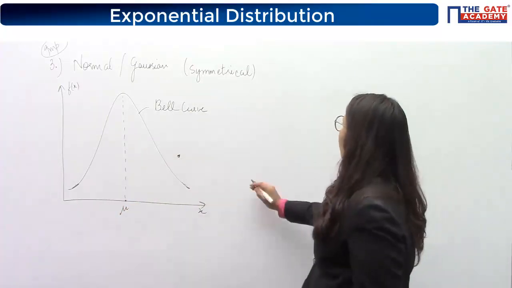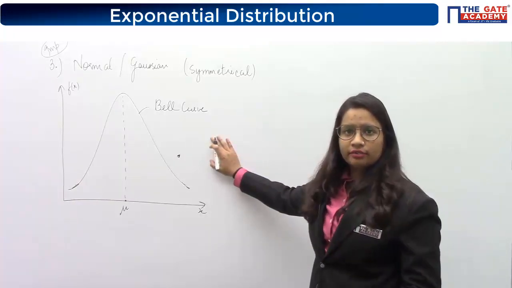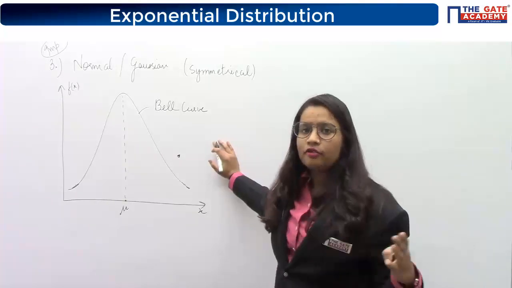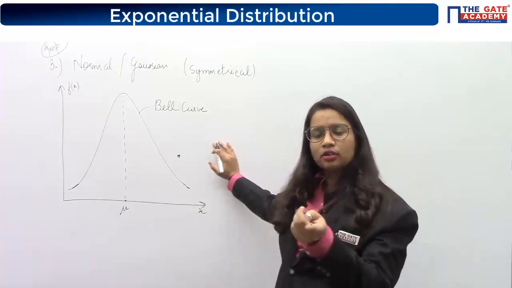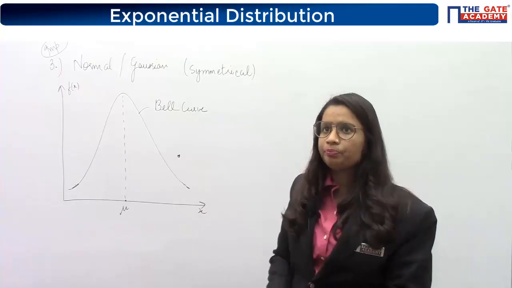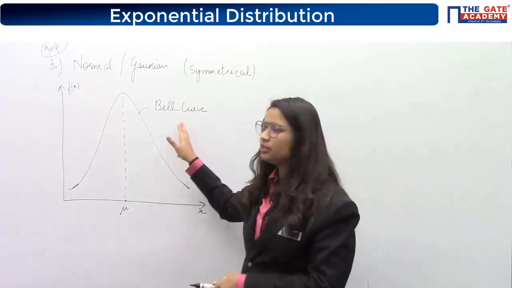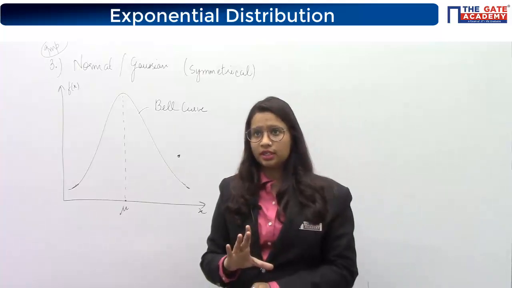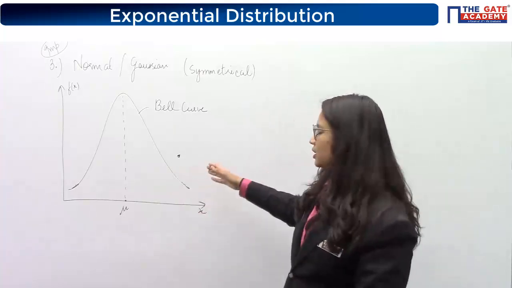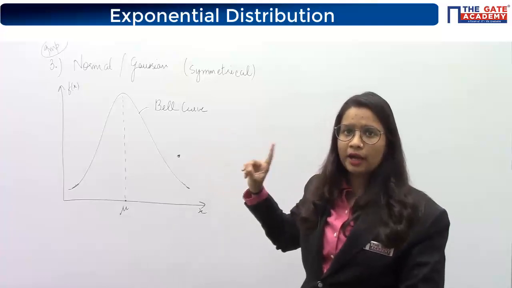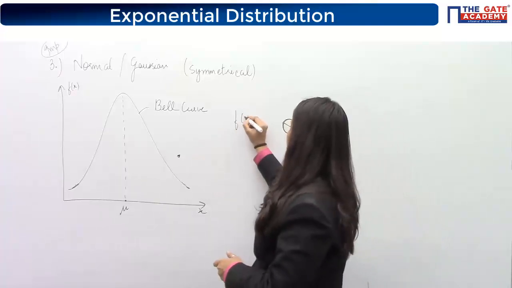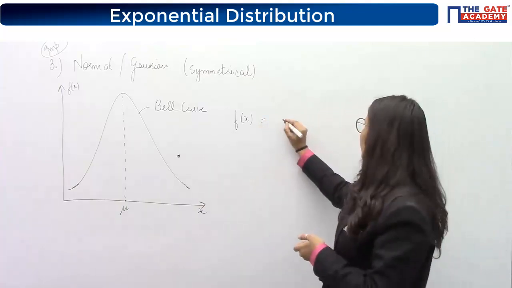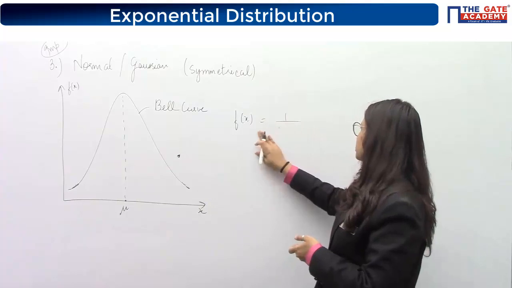Okay. Now, do you know the equation of such curve? Like for uniform, we have seen the equation is the equation of a constant line. For exponential, the graph was following e to the power minus lambda x. Okay. Now we have never seen the equation of this kind of a curve. This is not a parabola, obviously. So you can't write it in minus x square or x square something. I have told you that this is a bit confusing one, because if you look at its equation, it's very confusing.